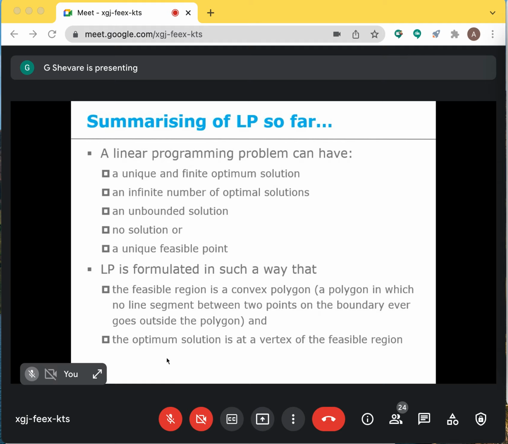So in a 2D space, it will lie at a vertex of the convex polygon, which is bounded by the axes x1 and x2. In 3D space, it will again lie at the vertices of the convex polygon lying in 3D space, bounded by x1 equal to constant, x2 equal to constant, and x3 equal to constant planes. And the same thing will also be valid in a 4-dimensional or multi-dimensional space.